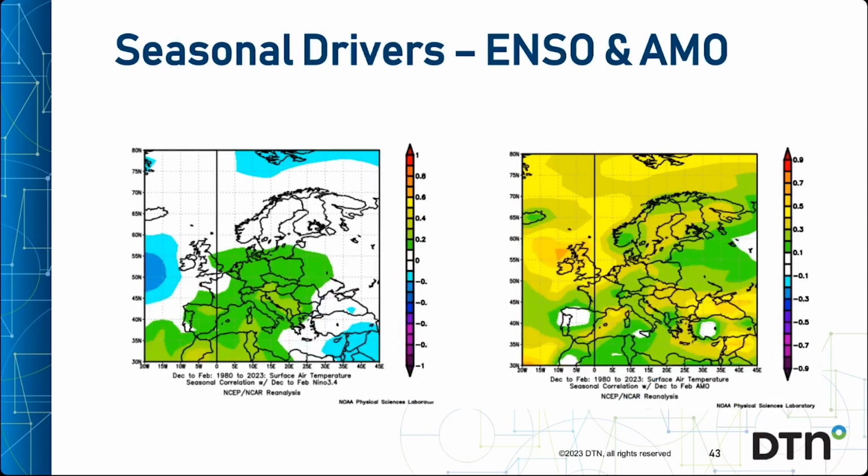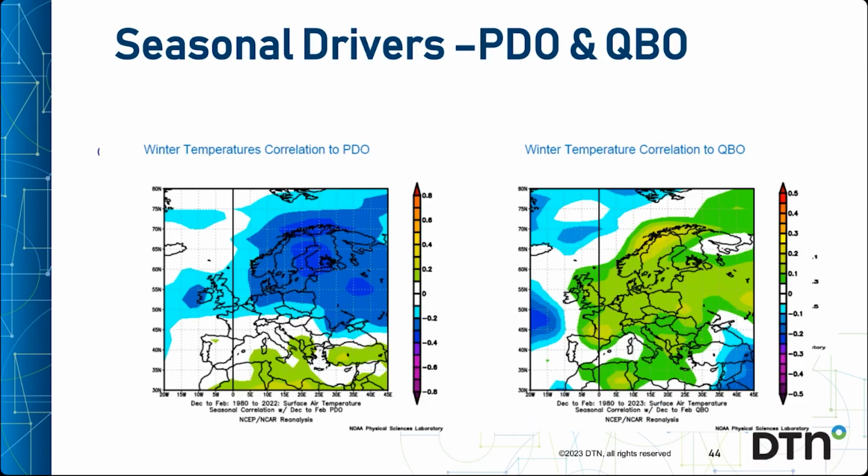Now, La Nina has some correlation with positive winter temperatures across Europe, while positive AMO has a stronger correlation with positive temperatures in Northwest Europe, and that's the graph on the right. PDO has a negative correlation, so the negative PDO we're seeing indicates positive wintertime temperature anomalies possible for much of Europe, especially across Northern Europe. The QBO has a weaker linkage, but positive QBO correlates with a mild winter and vice versa, hence the colder risks in our forecast for this winter.